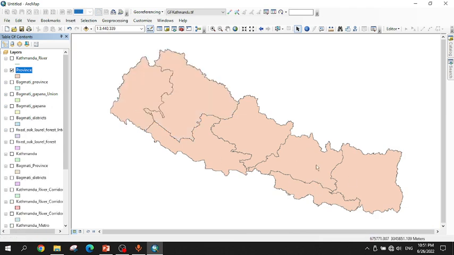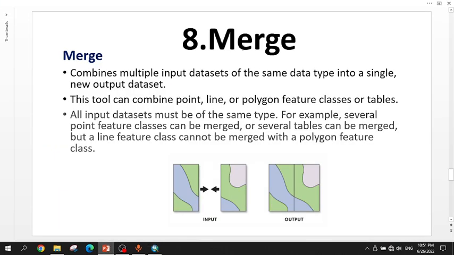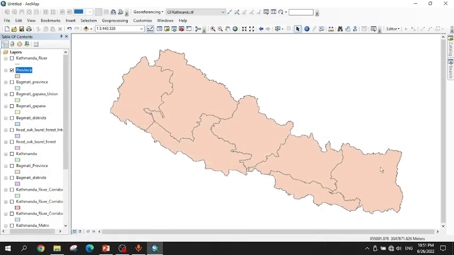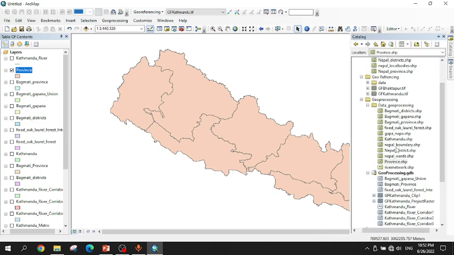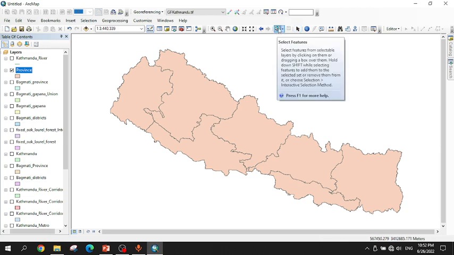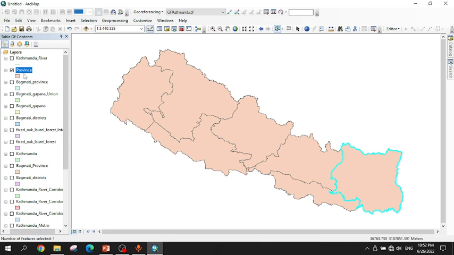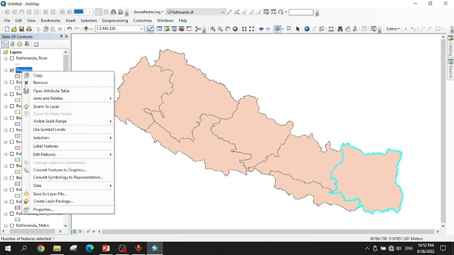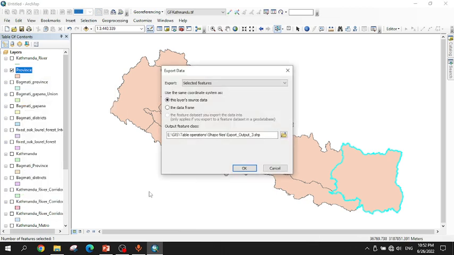And this is the Bagmati province, and this is province number 1, and we are going to use the merge tool to merge the Bagmati and the province number 1. But in this file we don't have the shape file for the province number 1. So at first we are going to create the shape file for the province number 1, and for creating it, simply you have to click here, select features and click here, then right click on the province and go to data, export data,